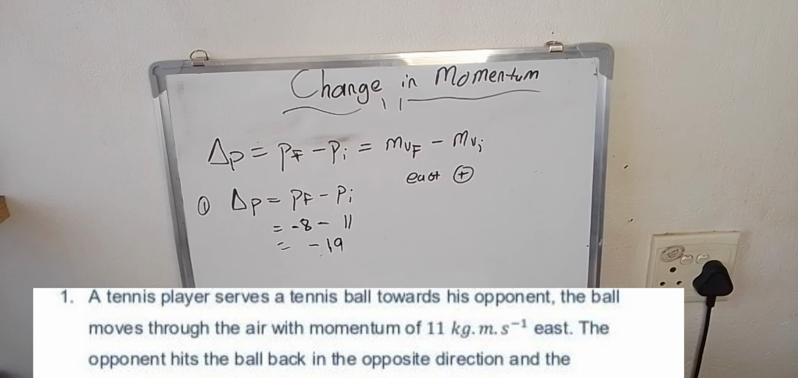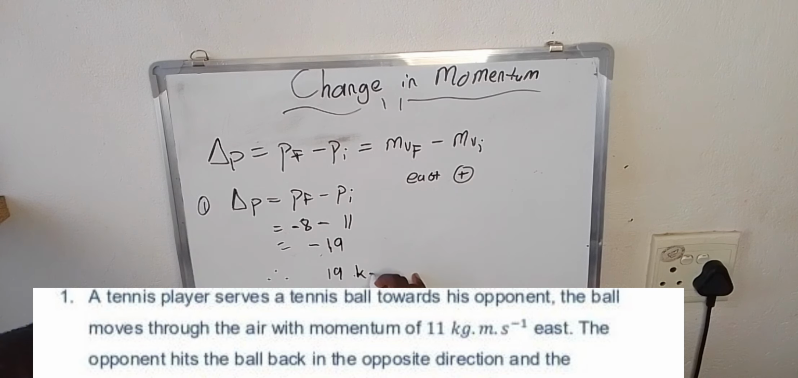So, momentum is a what? It is a vector. And a vector is a physical quantity that has both magnitude and direction. So we should take west as negative for this question, because we take east as positive. Therefore our final answer now is 19